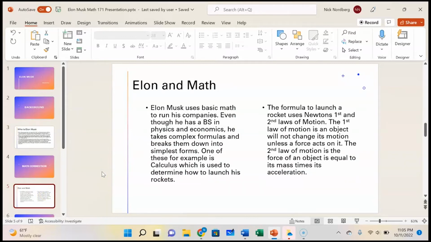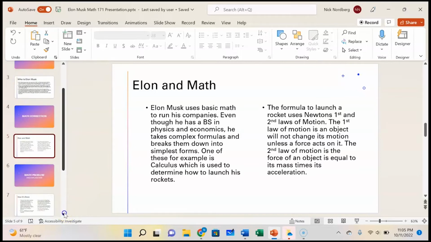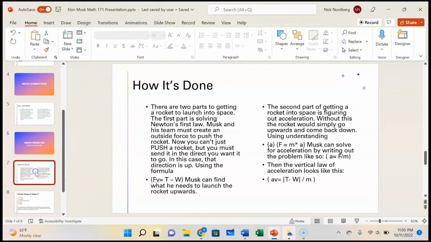Elon Musk, like I said, very smart guy. He actually ends up using Newton's laws of motion, but only typically the first or second one, as do a lot of scientists for that matter, any scientist that wants to send something out into space. So to get back to basics, understanding what it takes to launch something into space,